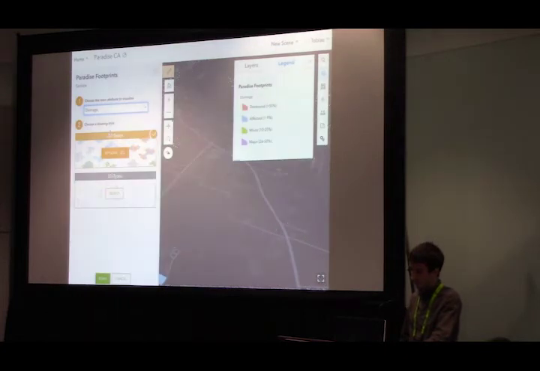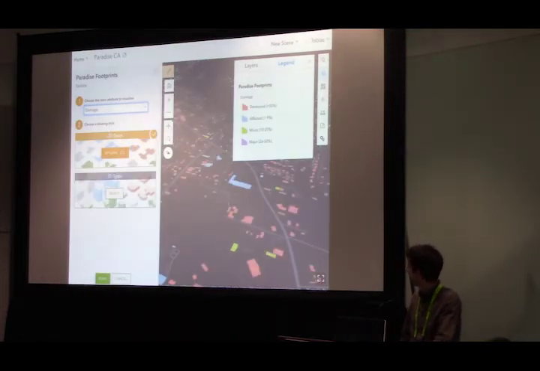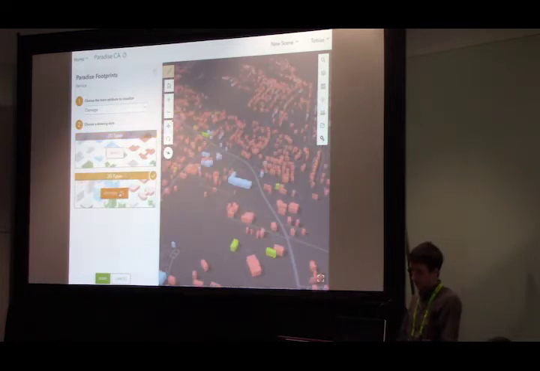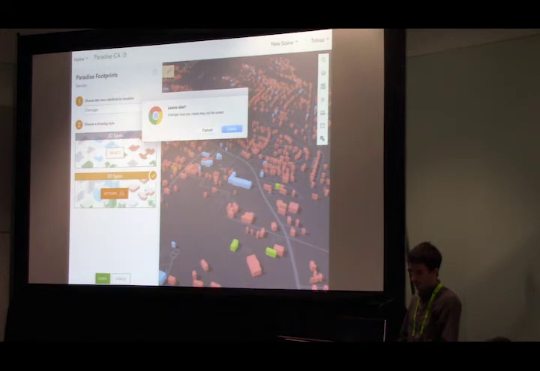So we just select the damage attribute, and we can see that red is destroyed, so it was really a bad event, and yeah, some of the buildings survived. And for a more realistic visualization, we can extrude the buildings by their height. And finally, I'd like to show